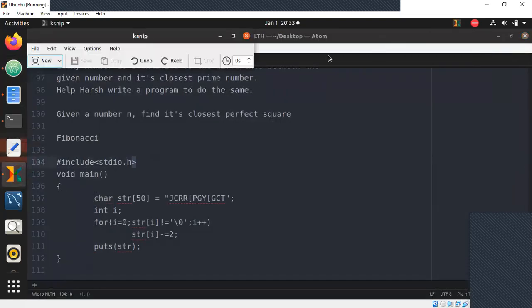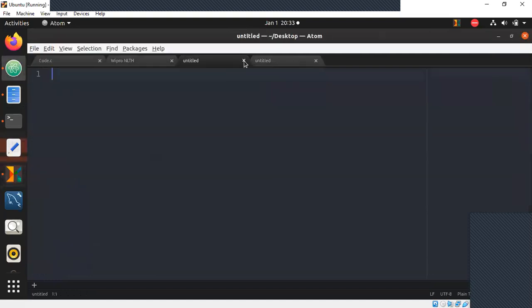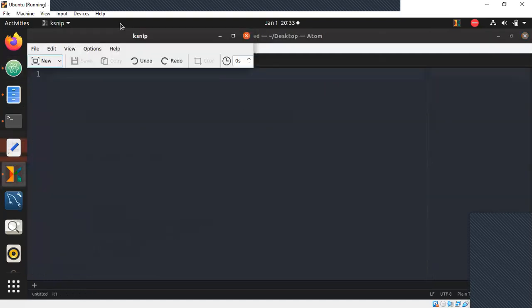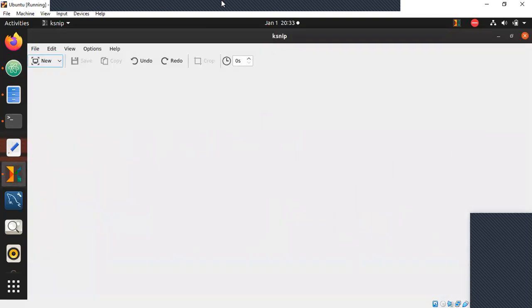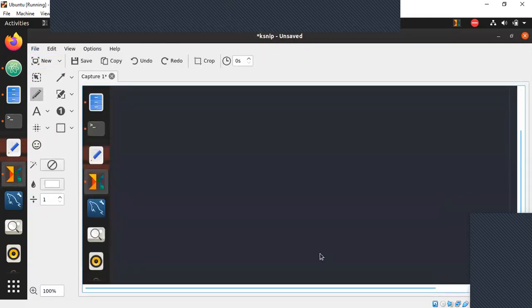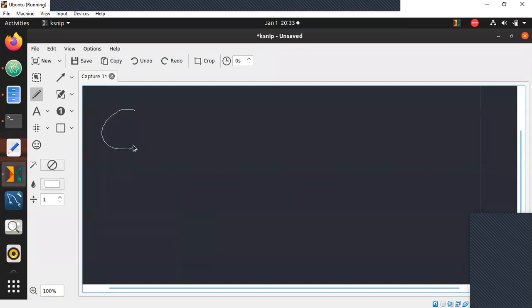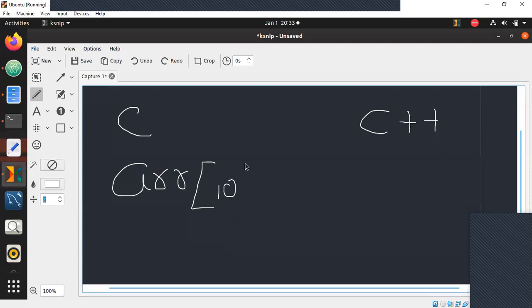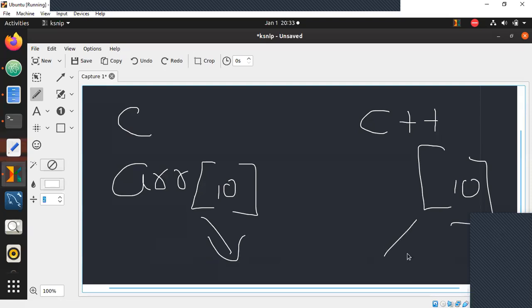The basic idea, when you talk about C and C++, is one difference that not a lot of interviewers or textbooks or tutorials will tell you. When you create an array like array of 10, in both C and C++ you can create an array of exactly 10 elements.